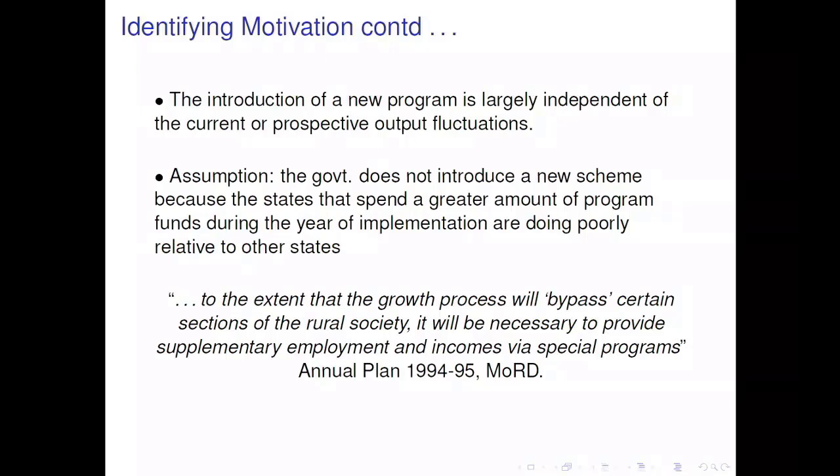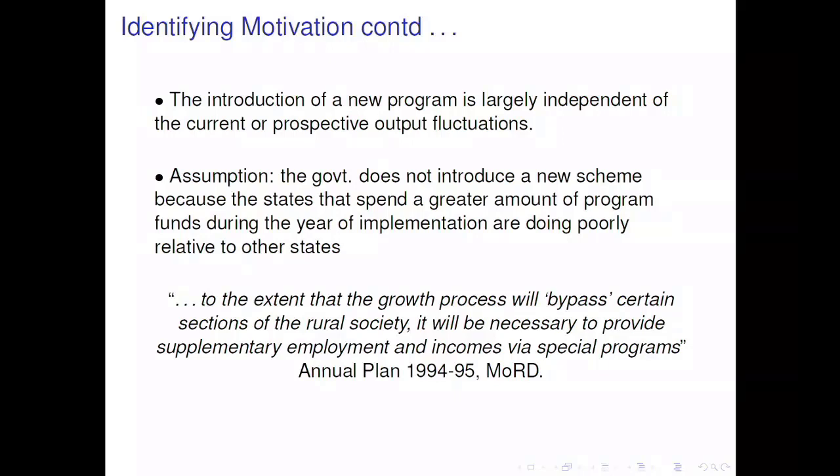Still, when defining the budget, the national government takes into account this difference in the employment rate of each state in order to allocate the budget. Come again? I mean, once a program has been approved, they are implementing it. When they decide the budget for each state, they take into account, for instance, the employment rate of each state. The most important variable that they take into account is the ratio of the rural poor in a state to the total rural poor in the country. That's the most important metric that they have in mind.